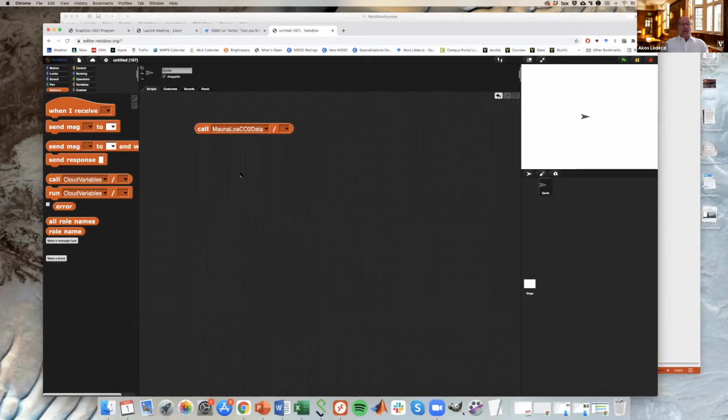This service provides the data provided by NOAA from the Hawaii Observatory. They have been measuring CO2 concentrations in Hawaii in the air since 1958. So I can select this RPC. So once I select the service, this menu reconfigures and shows the RPCs that belong to that service. And these 2, start year and end year, are optional.